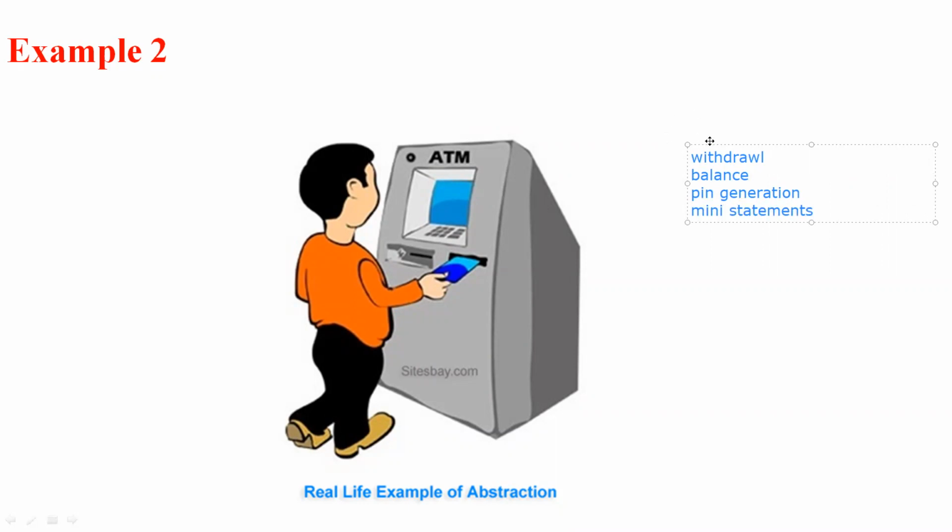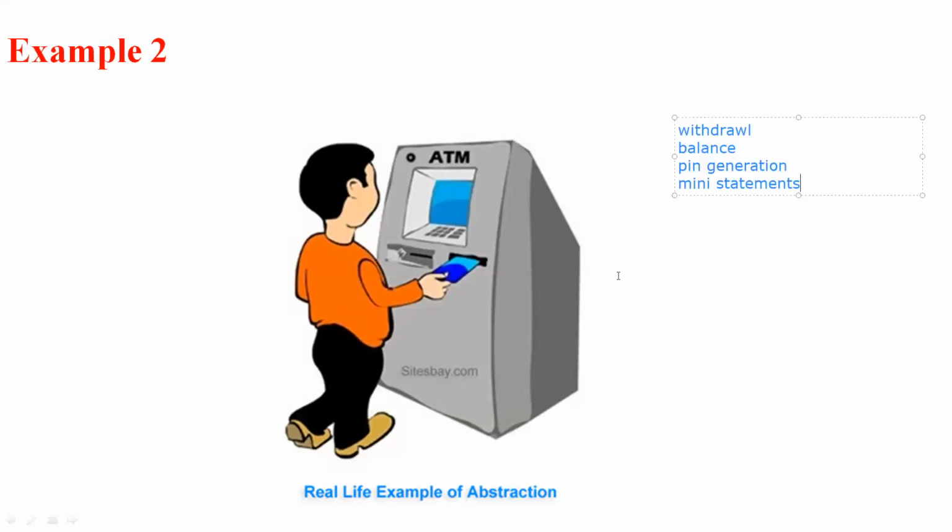So for all these purposes, we are going to use this ATM machine, but we don't know the internal details about the ATM: how the internal machine provides the statements, how it gives the exact amount we are entering in the system, or how it responds with our bank account. All these implementation details and complex logic are hidden from the perspective of a user. We don't know any kind of internal operation that takes place inside an ATM machine.